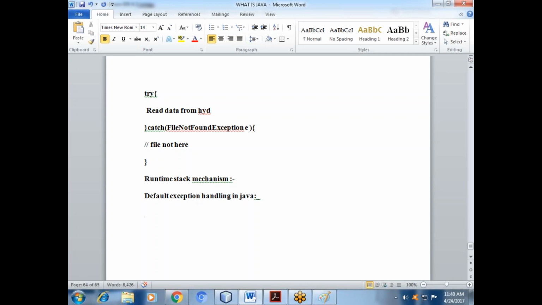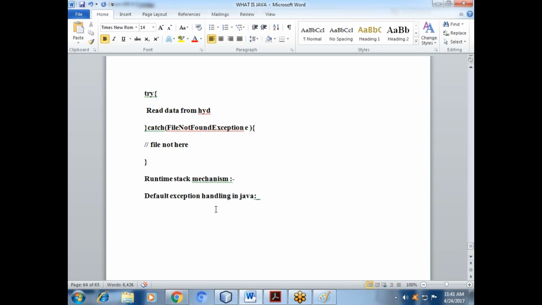Suppose, what is the name of the exception? Can you say FileNotFound? If any exception arises, got it? Sometimes you pass the message also, what kind of exception, because as a developer you are responsible for what kind of exception will arise.